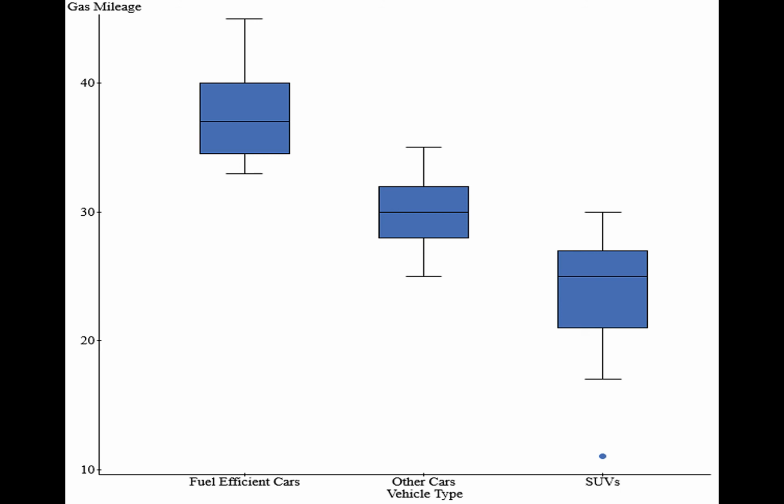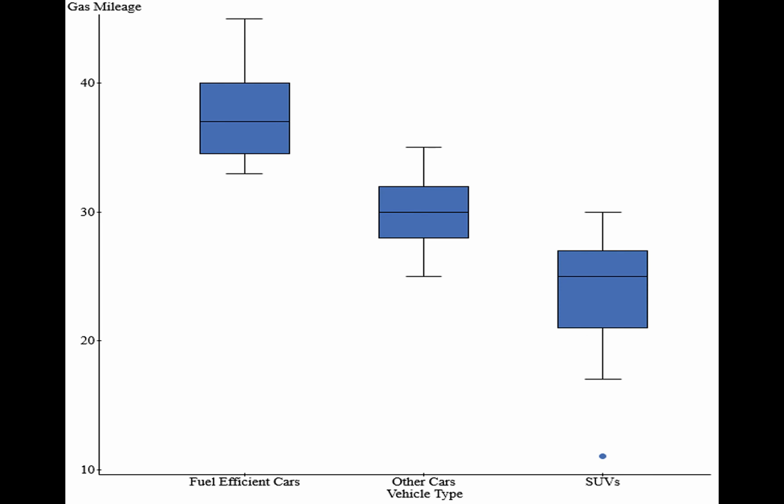Okay, so let me give you the typical things that I would ask with a box plot. In this case, it's obvious, but one of the things that I commonly ask is, which one typically is higher or lower? So here we have 3 different kinds of cars: fuel-efficient cars, other kinds of cars, and SUVs. You can see those along the x-axis at the bottom. So which one had the best gas mileage? Of course, you would know that without even looking at the graph, but obviously the fuel-efficient cars have the